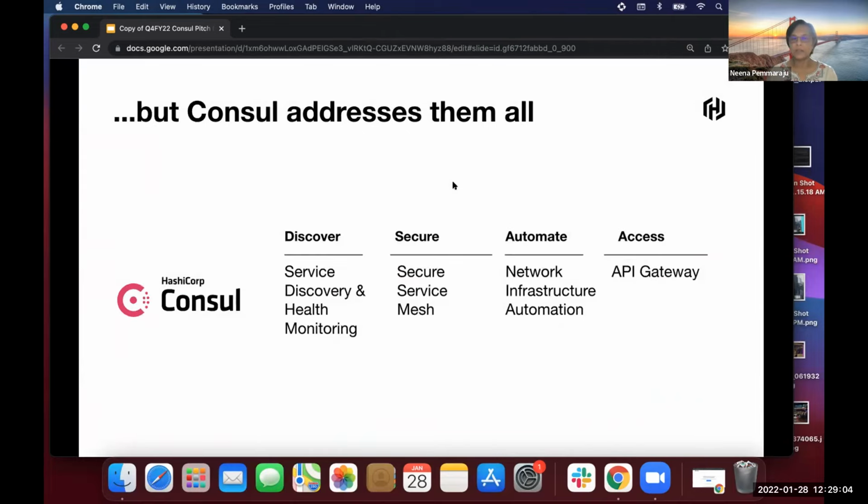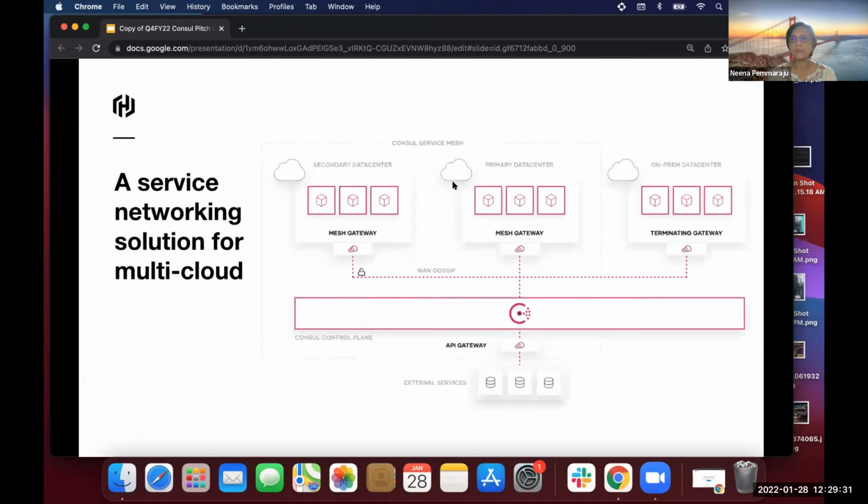We have service discovery and health monitoring, which takes care of the service discovery piece; the service mesh, which lets you secure service-to-service communication; the automation piece, which Guy went into detail on with network infrastructure automation, or NIA; and finally, the latest and greatest, which we betaed as of yesterday, controlling access using the Consul API gateway. So really, Consul is the unified networking solution.